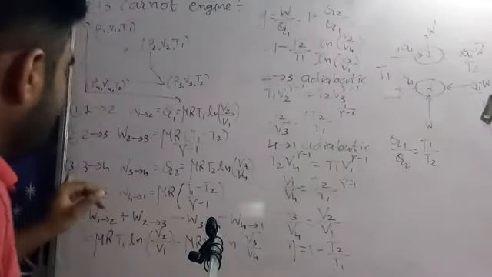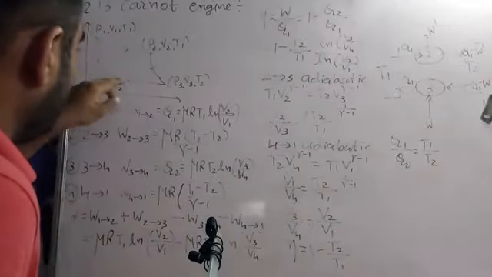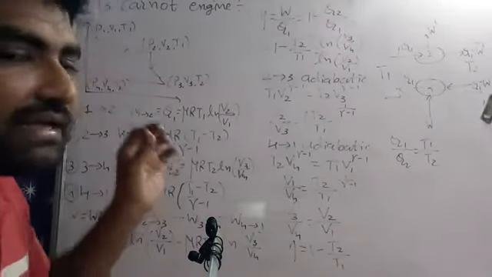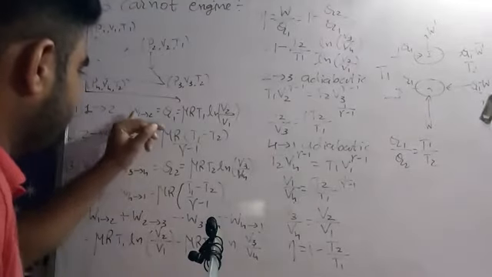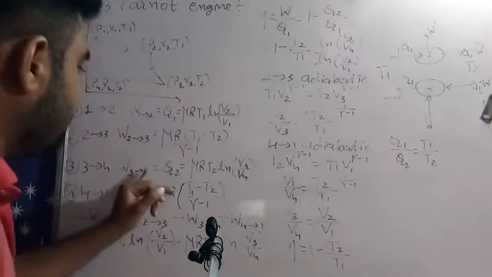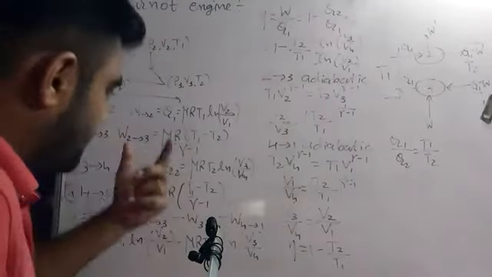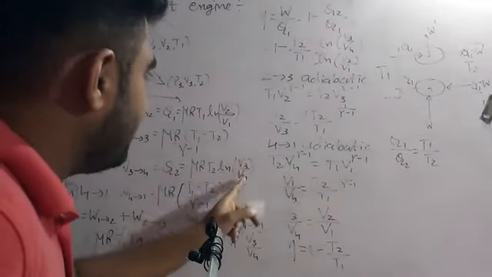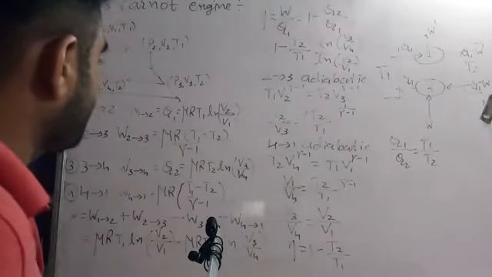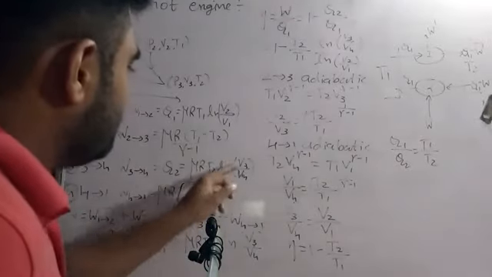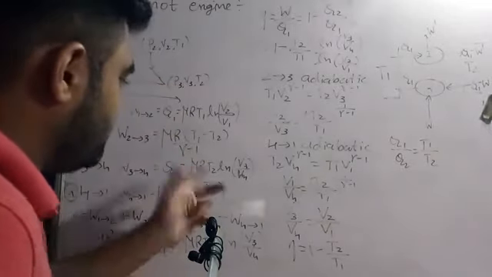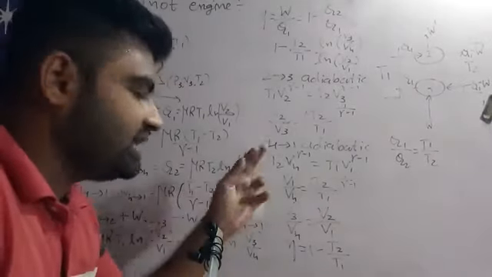So by that theory we can directly write this formula. Then 3 to 4, again temperature remains constant, pressure and volume are variables. So again the same equation, W34 is equal to Q2, another heat energy, mu R T2 ln final upon initial, right? But here V3 is our initial and V4 is our final.